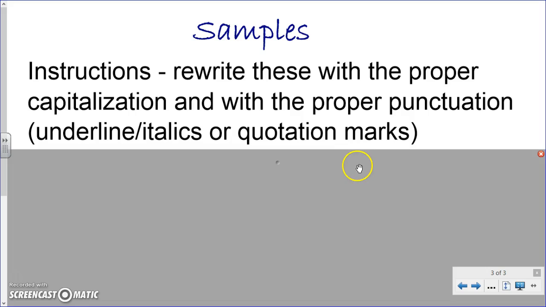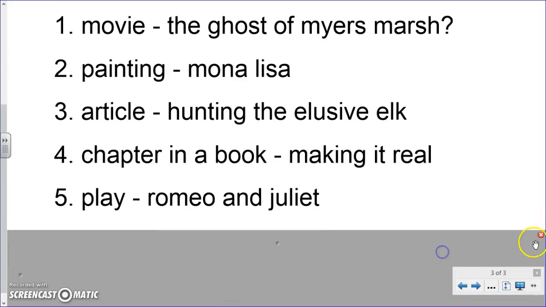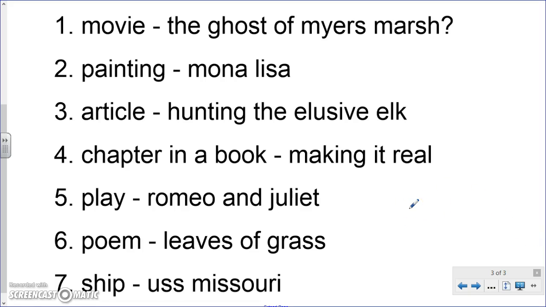One of them you might even need to do some research about. So I'm going to go ahead and pull the window down, scroll up, and let you look at it. I will give you a few minutes to write them down, or you might want to pause it so it stays on the screen without moving. Then I'm going to stop the video for today, and that is the rest of your homework. I want you to rework these samples so that tomorrow in class it can be part of our beginning discussion. Okay? So remember the instructions. There are 7 of them here. Take a moment, write them down, and make sure you write them properly. Okay, and you can look back at previous slides.